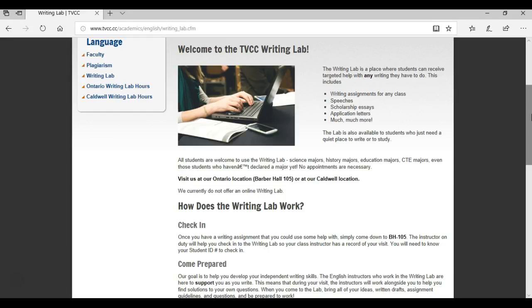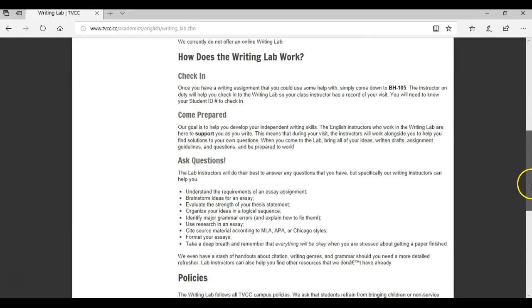You can also come in to work if you need a quiet place to work. If you want to work on your essay and like having someone you can ask questions as you work, but you don't necessarily need someone to read your paper, you can do that. And you can come in for extra help with grammar, mechanics. We have some worksheets you can use, just a lot of different things. So don't feel like you can only come in when you have an essay completed and want someone to read it. If you look at this information here, you'll see information about how it works,